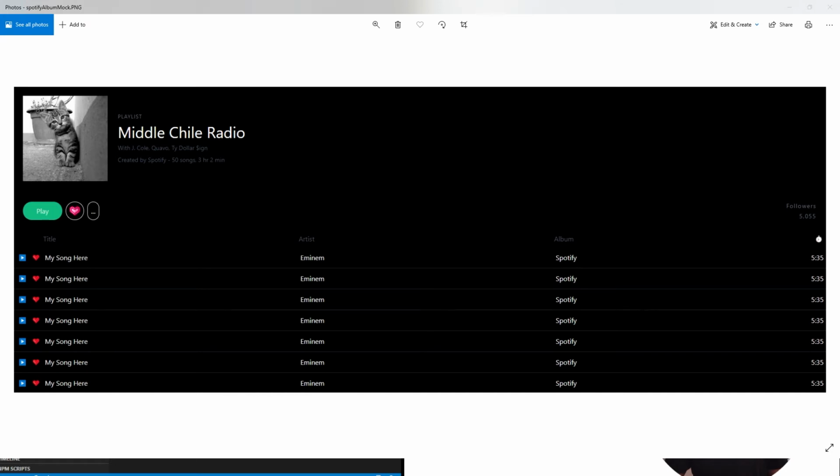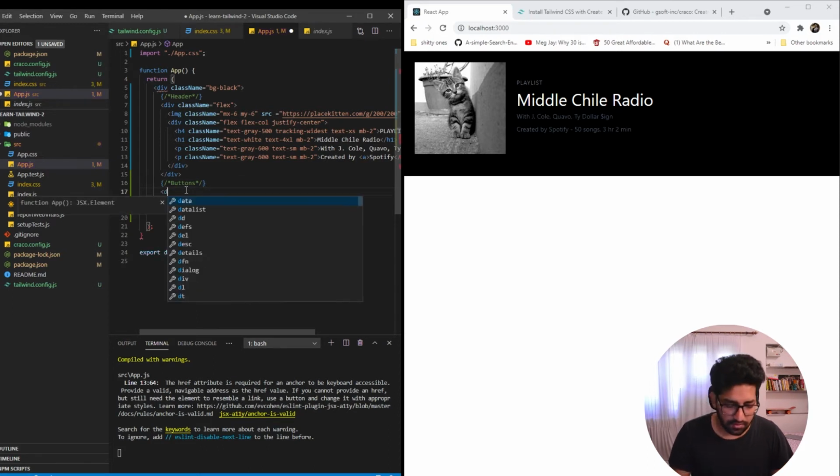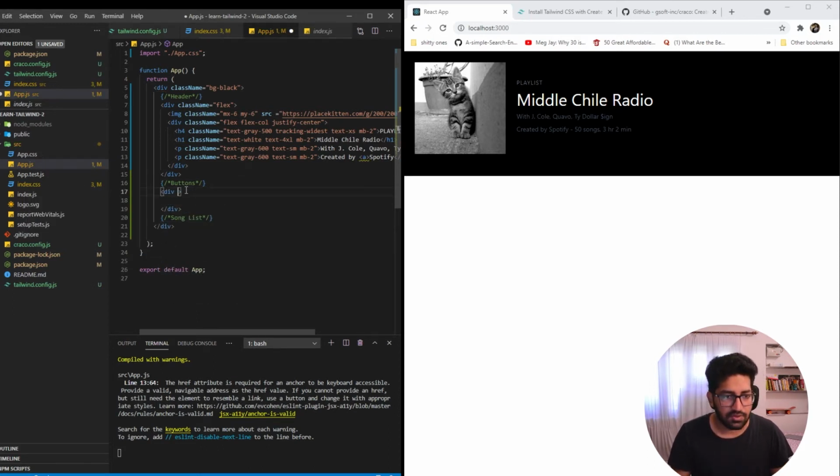This part should be the buttons part, so let's build the buttons part. We're going to create a div which will have a className of flex, and margin top, we'll add a 6 margin, and then we'll also justify-between. So this should just create some space and make the items in the center.